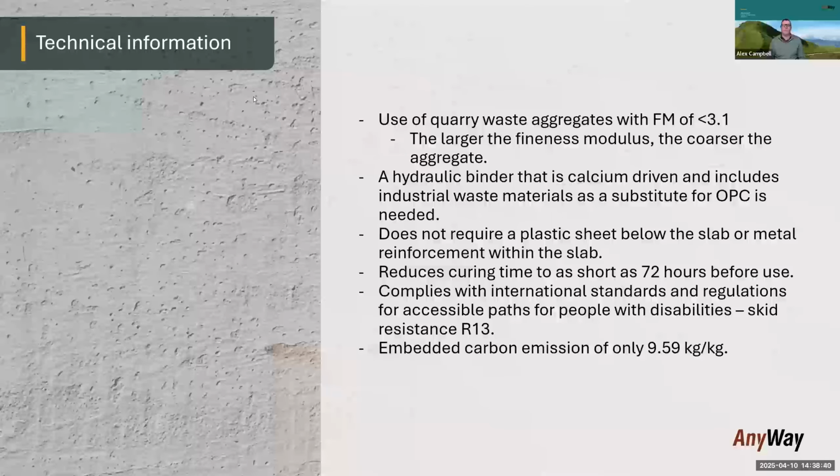Calcium driven is important, and also the inclusion of industrial waste materials, i.e. quarry waste or quarry dust and quarry aggregates that wouldn't be able to be used outside of what we're using